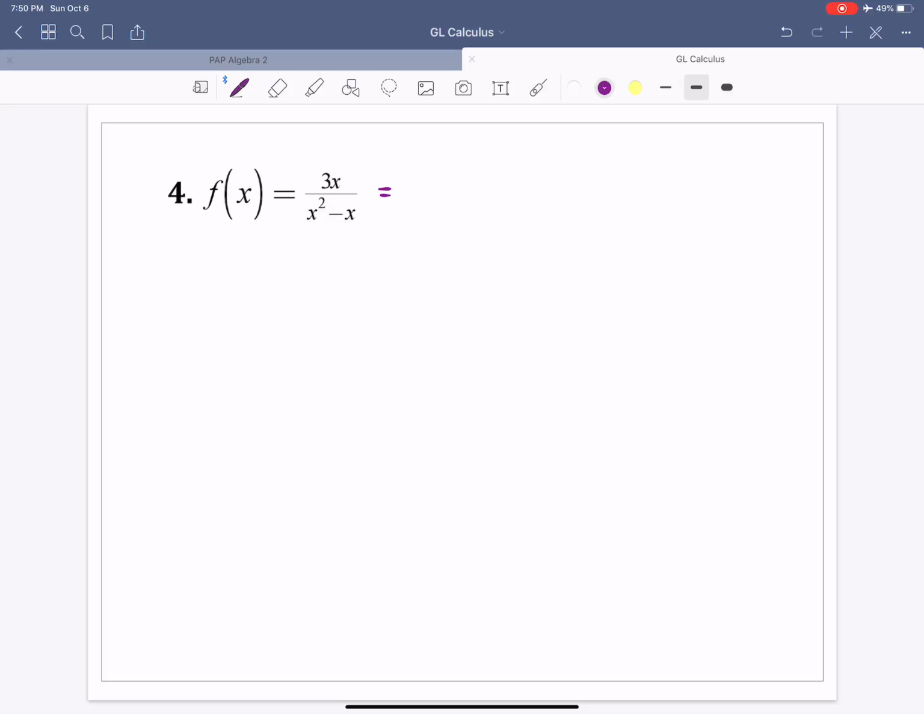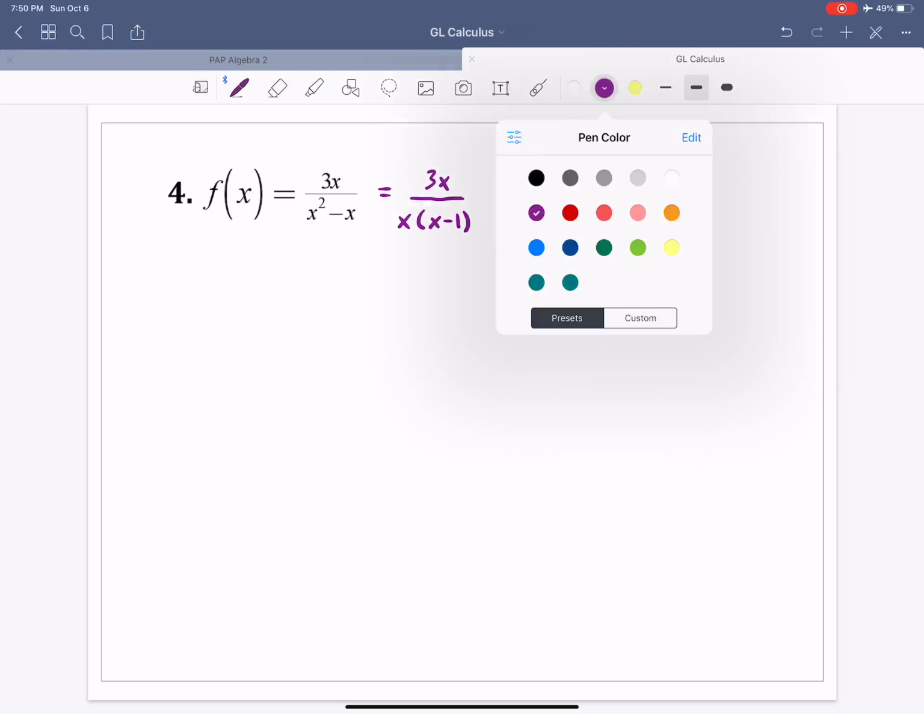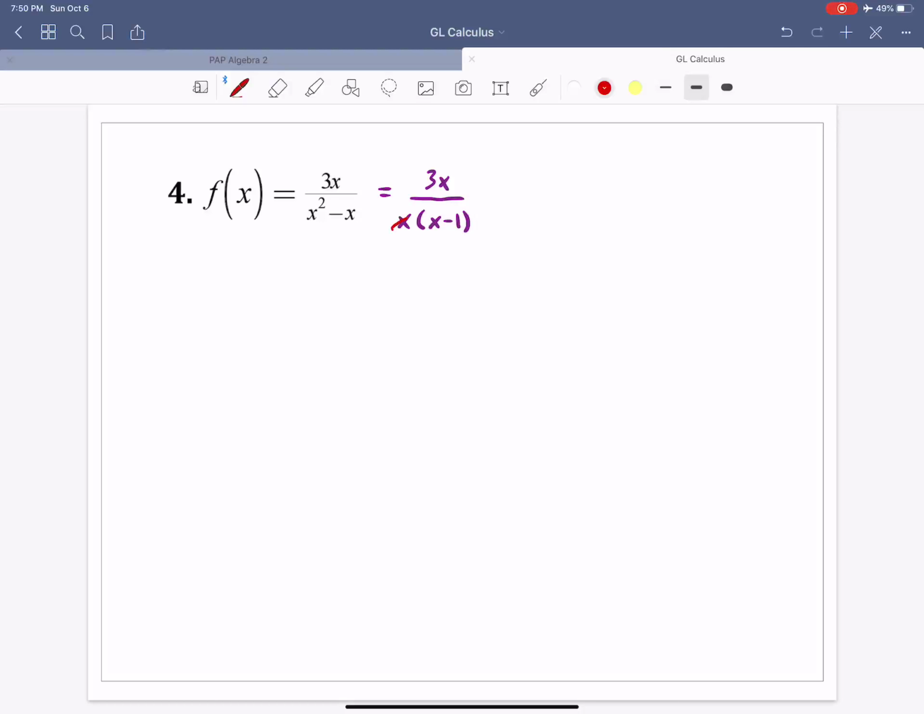The first thing I would do here is rewrite the denominator, factor out an x, so you have x times x minus 1. Now here we actually have two x values. We see that we can factor out an x on the bottom and the top. So that particular x value is 0. And if you remember from a few problems ago, when you cancel out something on the top and the bottom, that's going to create a hole. And if you create a hole on the graph,